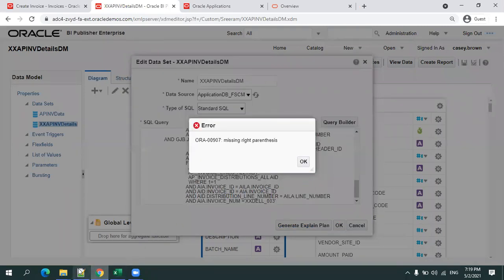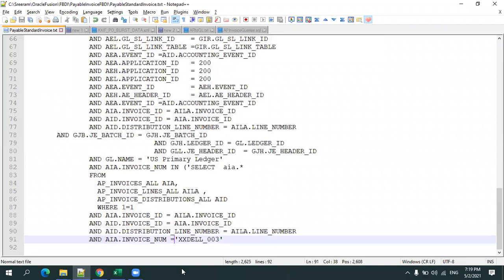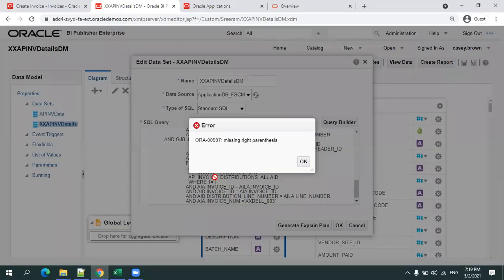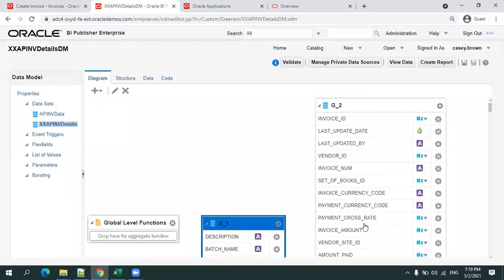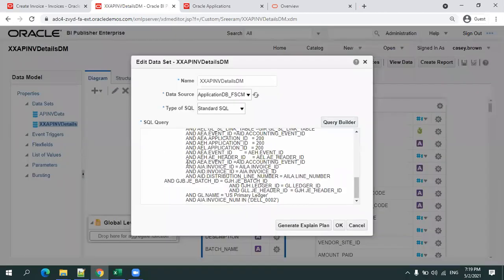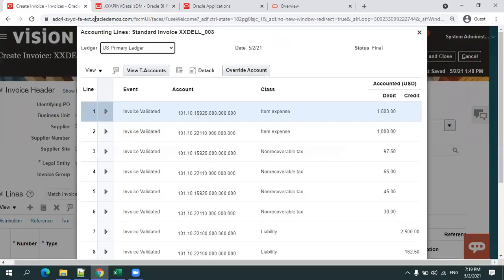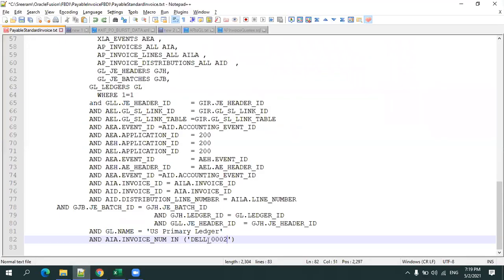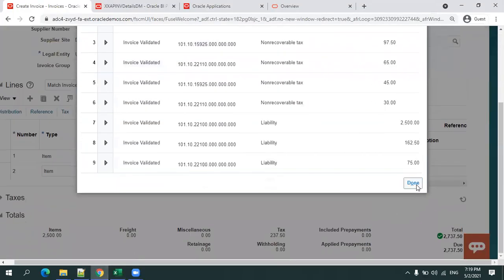I want to find out the batch name, right? Just see where the issue is. I click on cancel. I already have the query. Done.